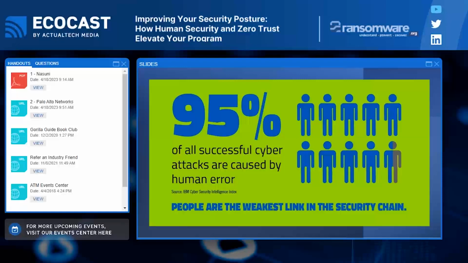And the surprising thing is we know there's a ton of ransomware solutions out there. There's a ton of security solutions out there. But at the end of the day, ransomware is going to happen. So you've got to have a plan in place, and you've got to be able to recover from it quickly. Because even with all of those solutions in place, 19 out of 20 of these attacks are caused by human error. And that's what makes a zero trust security approach important.